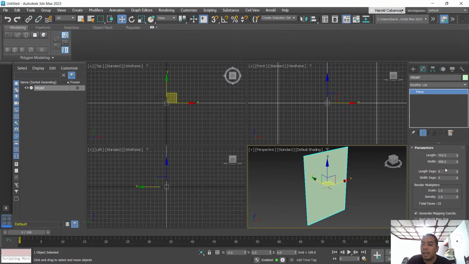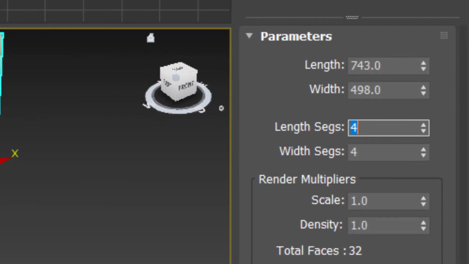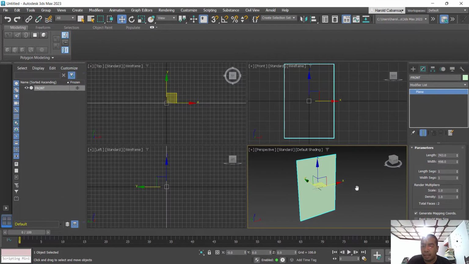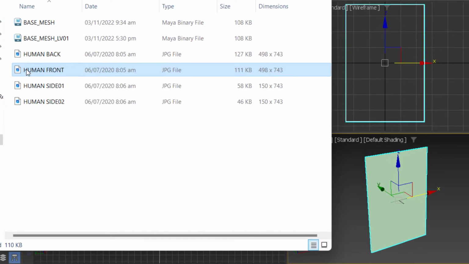Pagkatapos nun, I will just remove the segments. These are the segments, no? The segments within the plane. I'll just hide that. Or I'll just reduce that to 1. And with that, done na. All I need to do next is ito, directly from the file explorer,